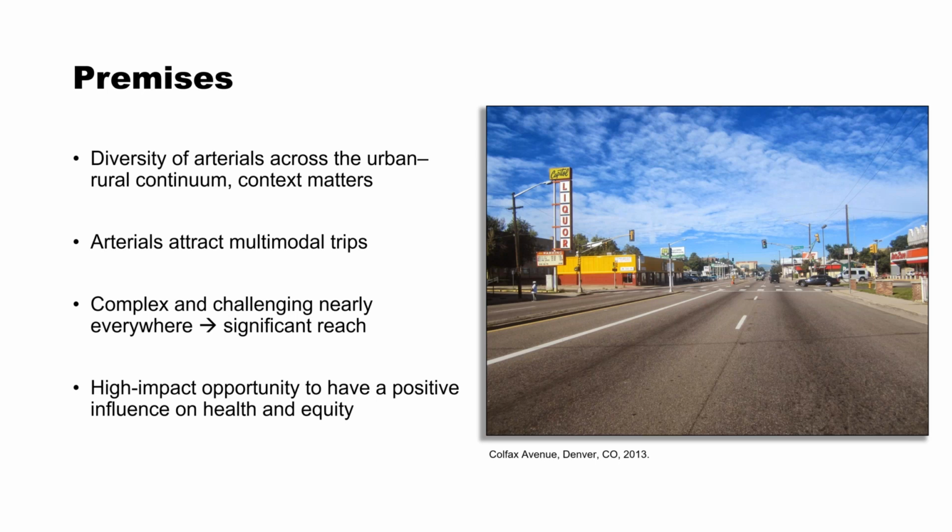Something so interesting about arterials, though, is that they're complex and challenging nearly everywhere they're located, which tells me that if we can do good things to improve health, safety, and equity in arterials, we will have significant reach. This tells me that we have a high impact opportunity to have a positive influence on health and activity by thinking about health and equity in arterials. They're redesigned fairly often, they're reconfigured. Maybe we turn our attention away from bringing down highways and instead think about these everyday places